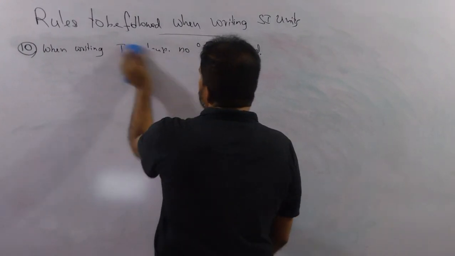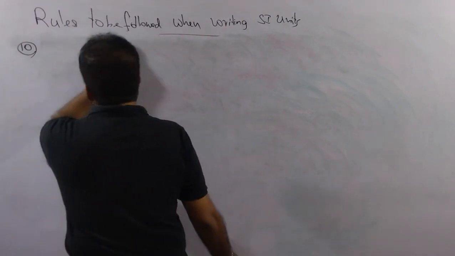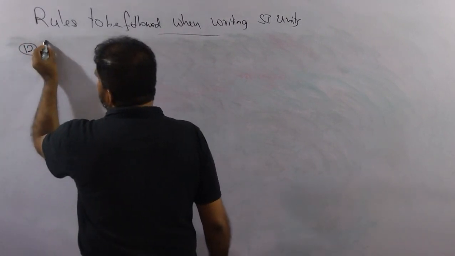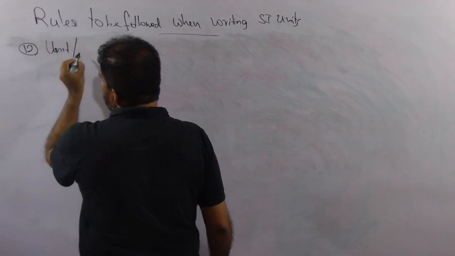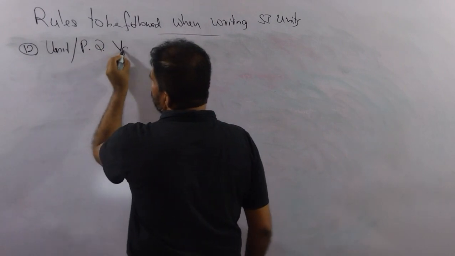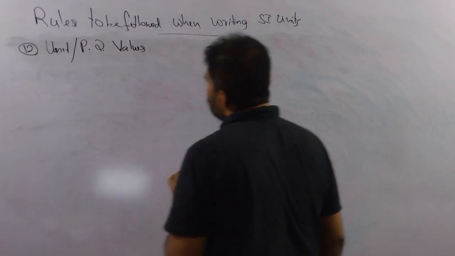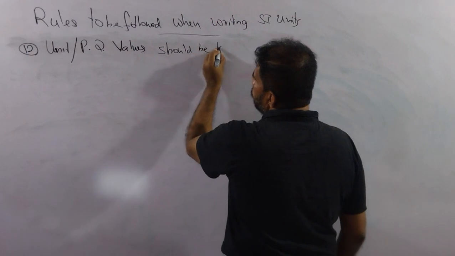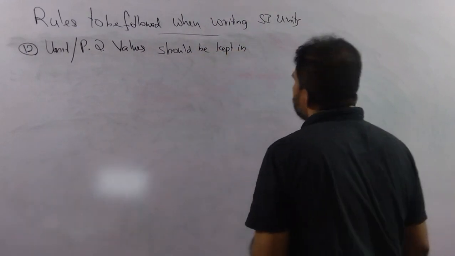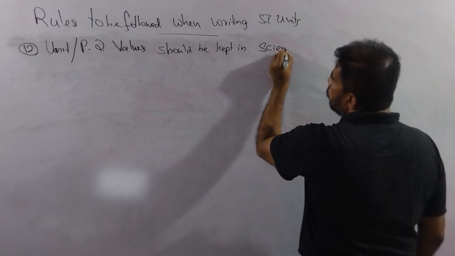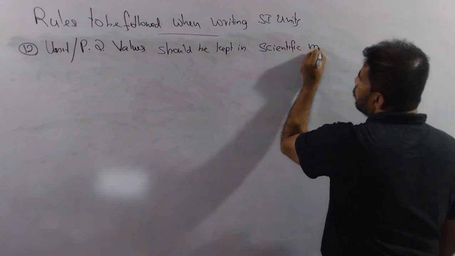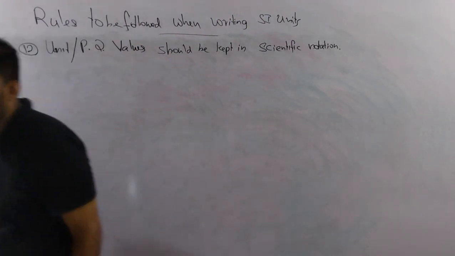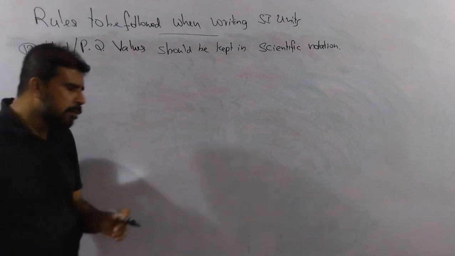Unit values, or the physical quantity values, should be kept in scientific notation, or scientific form, whatever you call it. For example,